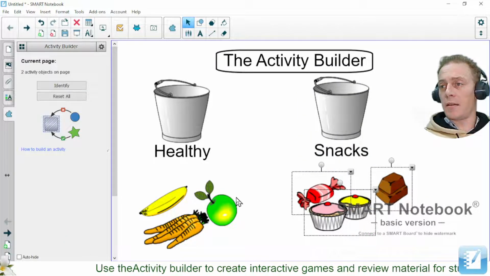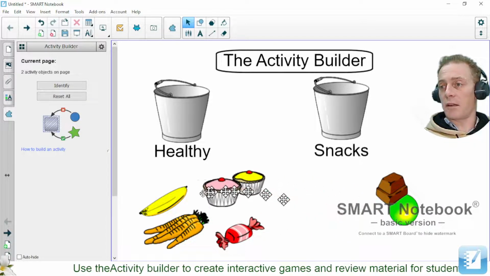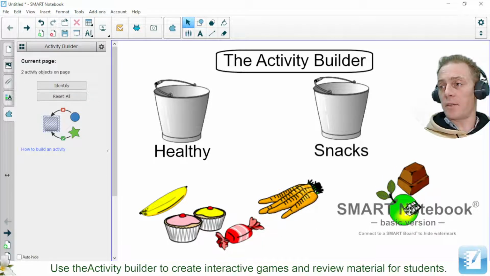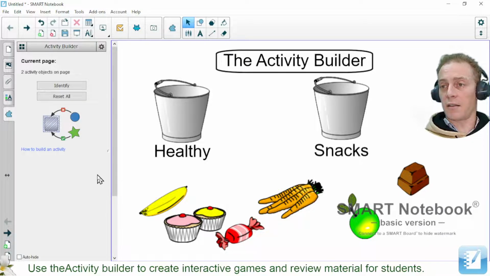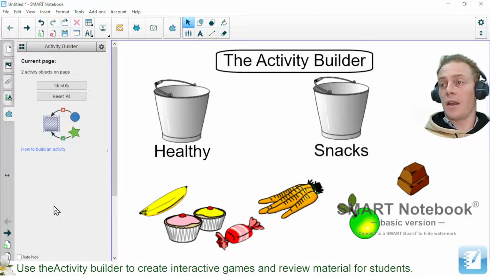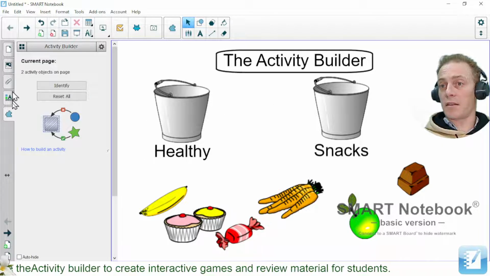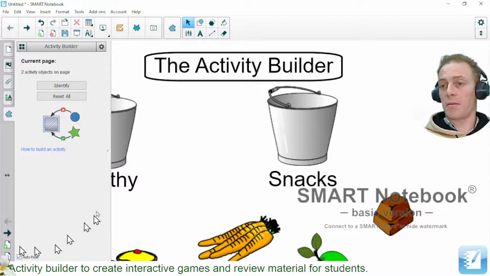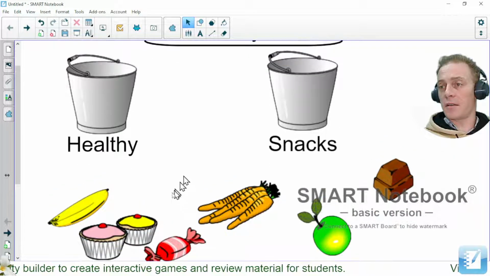Perfect. And now to make it a little harder on my kids, of course, I'm just going to sort of slide these around, mix them up a little bit, kind of get them all over the place on screen so that they have to actually look at them a little bit. They're not just sitting underneath the one they're supposed to go in. And that's kind of it. Everything's done now. Both of these are set up. I can just get rid of this sort of side panel entirely. Use the auto hide checkbox at the bottom here to get rid of it. And I'll have these items here on screen for kids to go ahead and drag to snacks